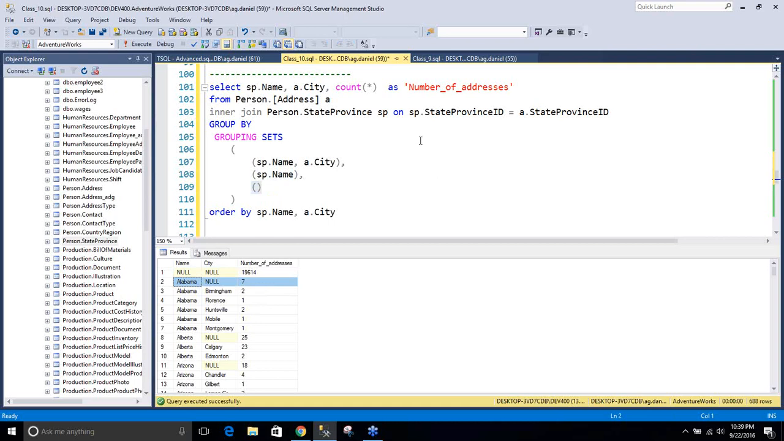Alabama null 7. What does that mean? Total address in Alabama? Total state addresses. State name. Yes, state name. The total number of addresses in Alabama, right? So that is the result of this grouping set. So Alabama is having a total of 7 addresses, and we can verify that because the record number